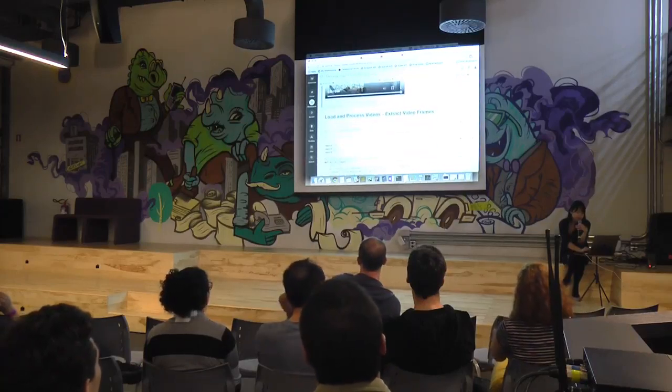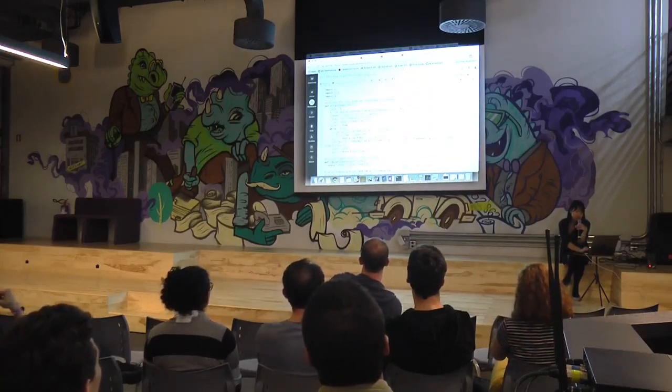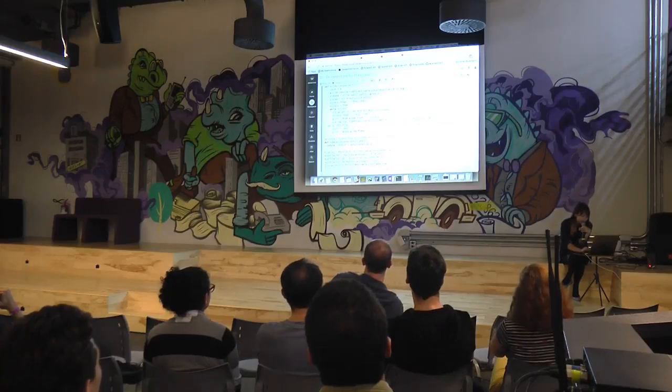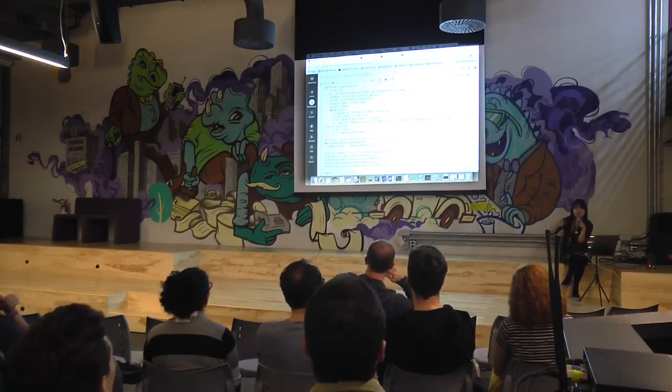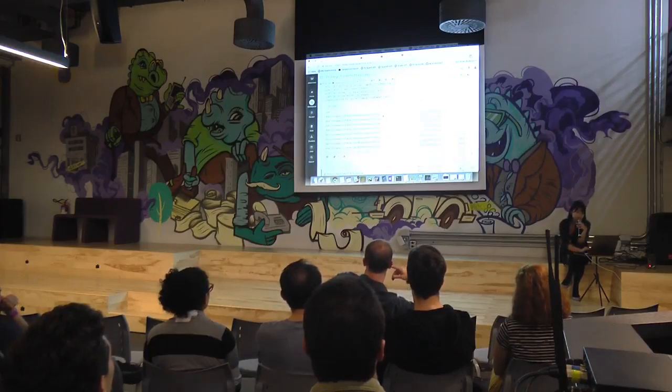I'm going to use OpenCV to extract the video frames. Here I have it, one frame per second. I'm going to run this. What I'm doing here is extracting the frame from the video, saving the JPEG back into S3, then going to the end of the video and on to the next video. So I'll have a lot of images per video. You can see that I'm saving that out into my S3 location again.